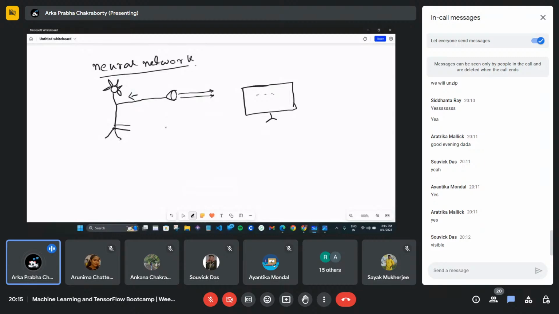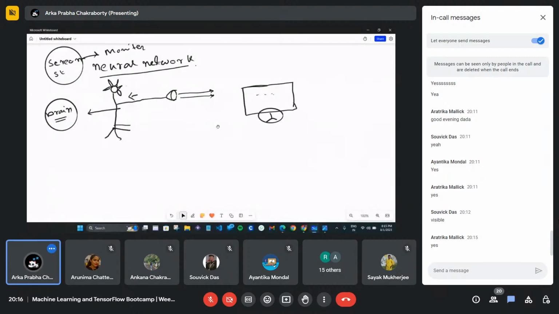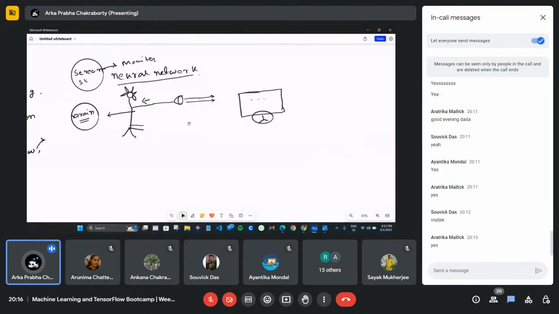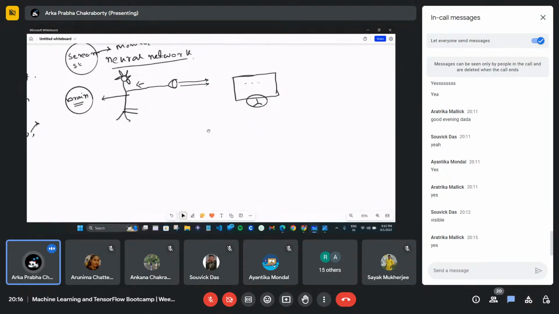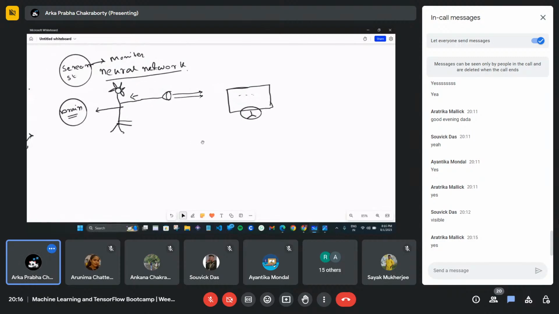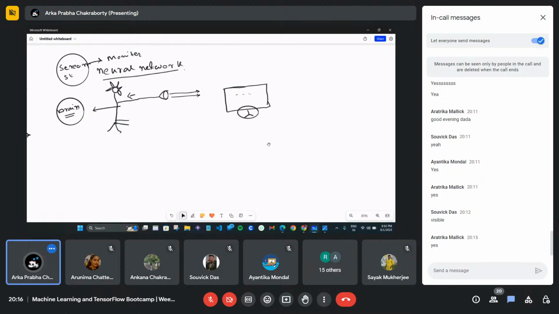These are my features. Based on these features, my brain will identify, yes, this is a monitor. My electricity is gone, I don't know. Let me see. So this is how the human brain understands, like a neural network. I know this is a very complex thing, but I just tried to simplify this for you guys.